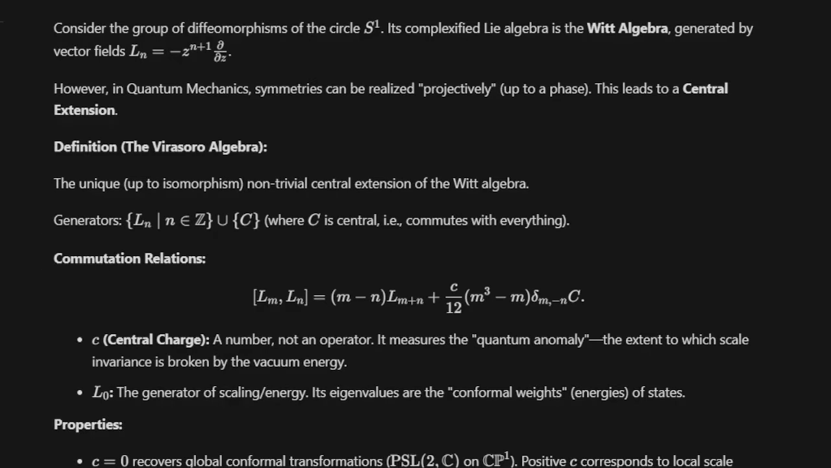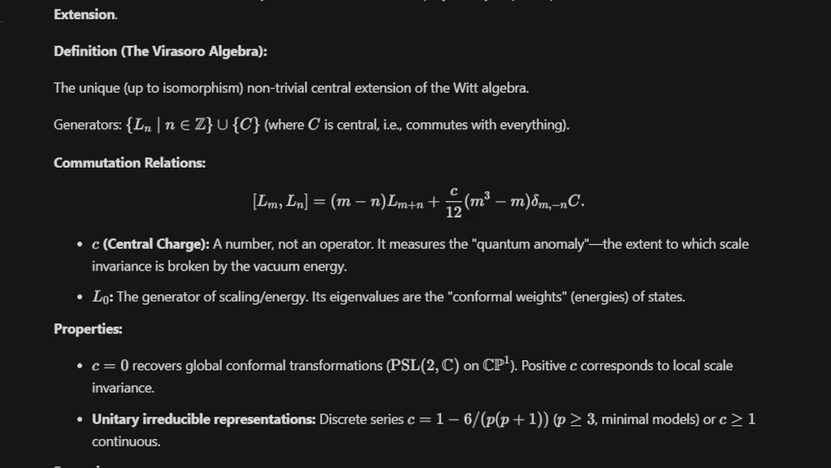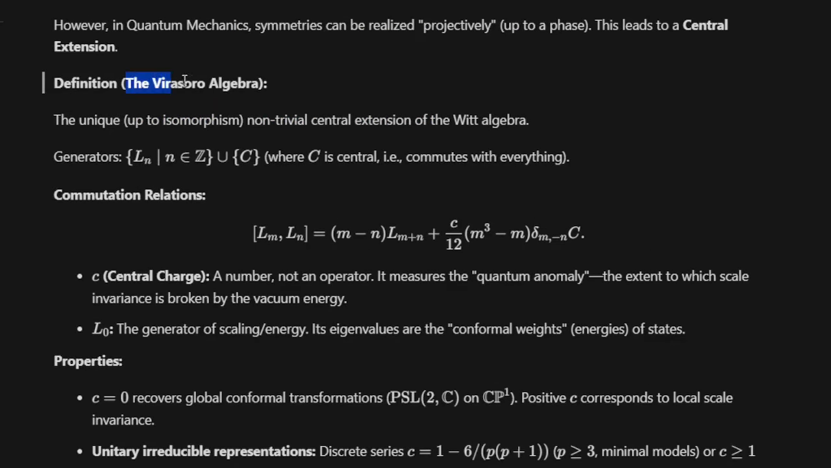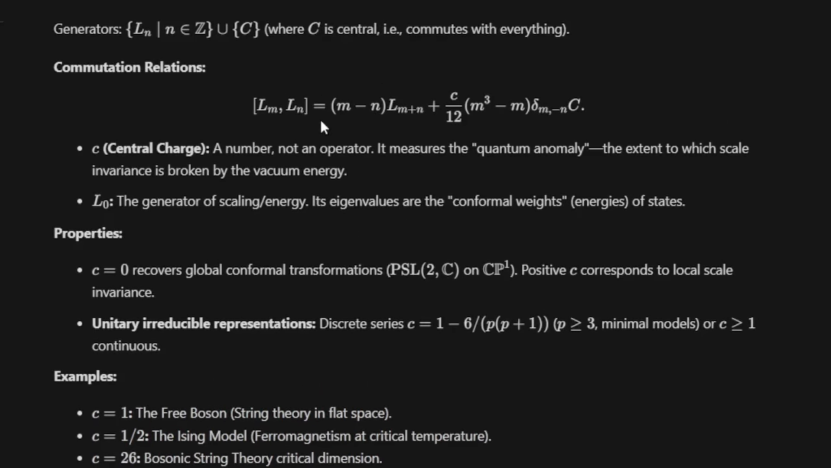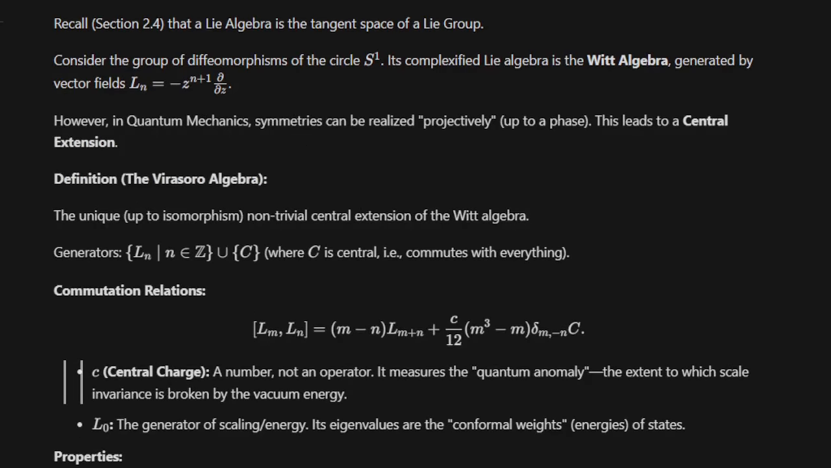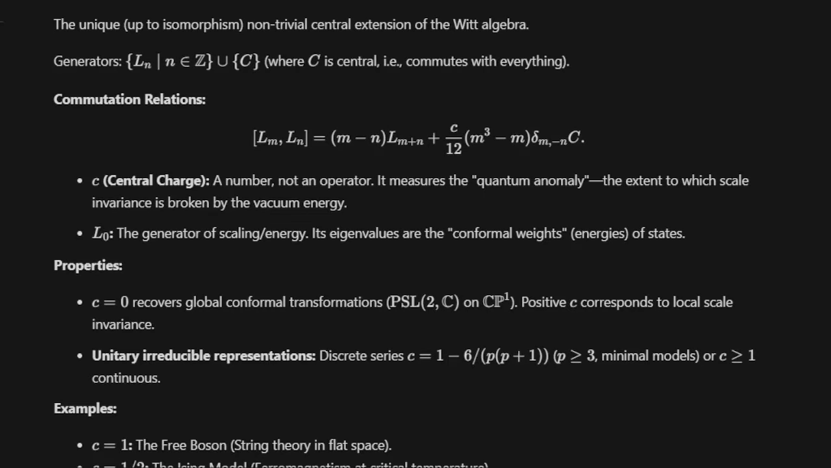Now, what this looks like is the central extension, and this result is known as the Virasoro algebra. So it is the unique, up to isomorphism, non-trivial central extension of the Witt algebra. This is called the Virasoro algebra, and the generators L_n, given some integers n and the union of some C, where C is central and commutes with everything, have commutation relations that look like this. Okay, and this equation really is the entire heartbeat of string theory. All right, the commutation of the vector fields that we have essentially gives us, I think the most poetic way to put it, the heartbeat of string theory,